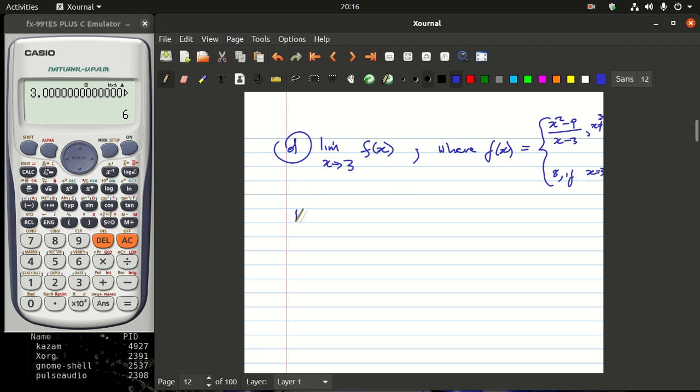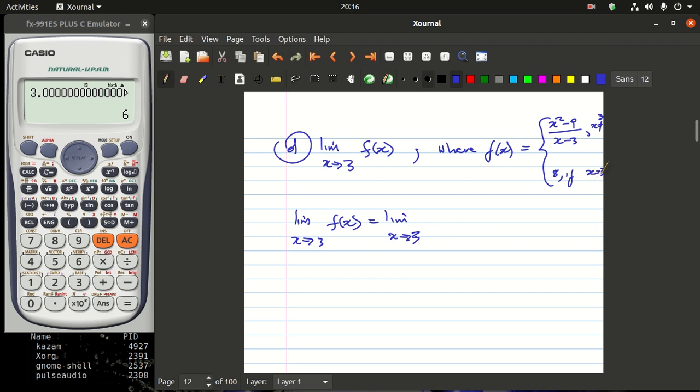Let's take a look into this. The limit as x approaches 3 of f of x is equal to, let me first write this, x approaches 3. Now, if I want to pick a value so close to 3, remember this limit is saying take a value so close to 3 such that the computer cannot pick the difference between 3 and that value. Now, because this value that I'm picking is so close to 3 but it's not 3,